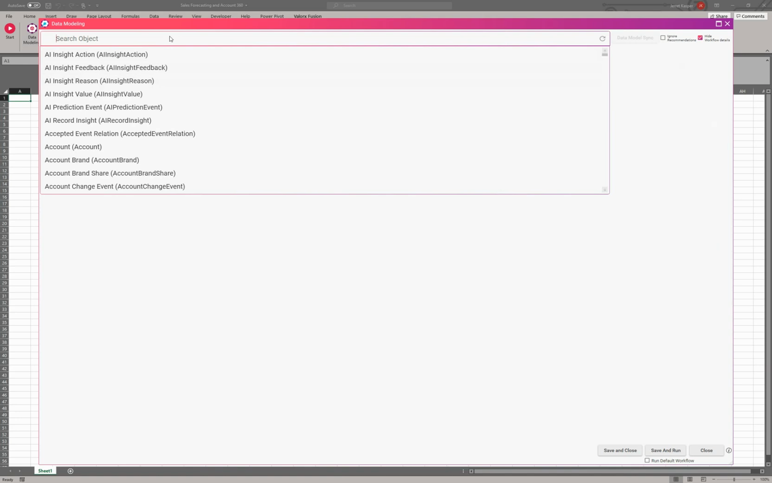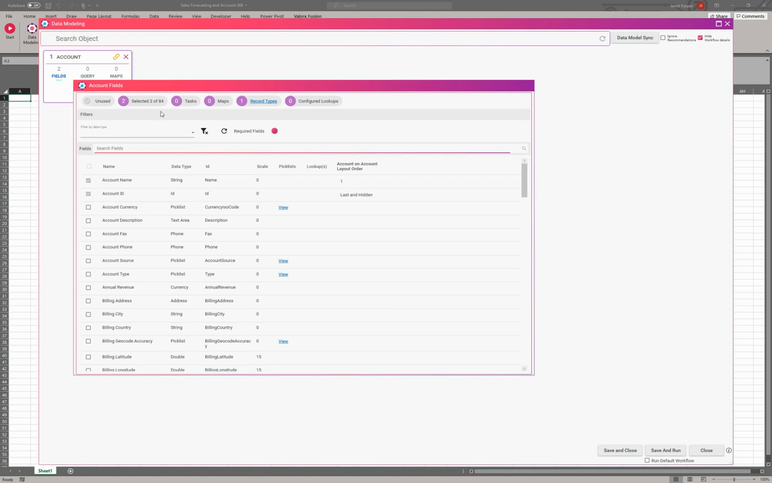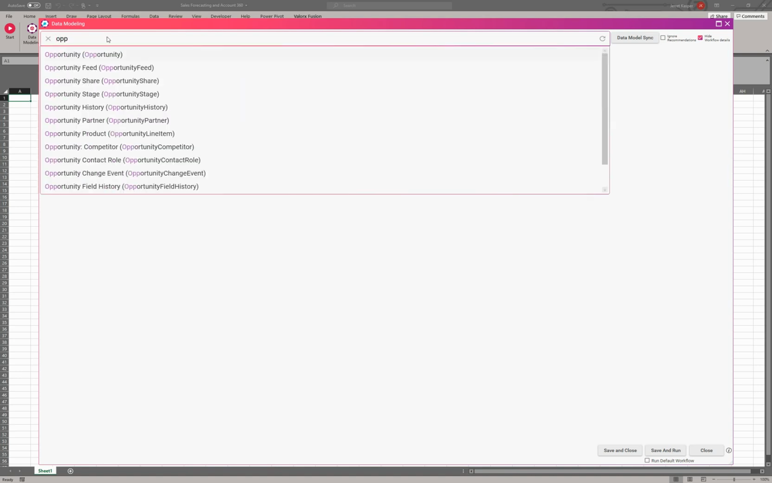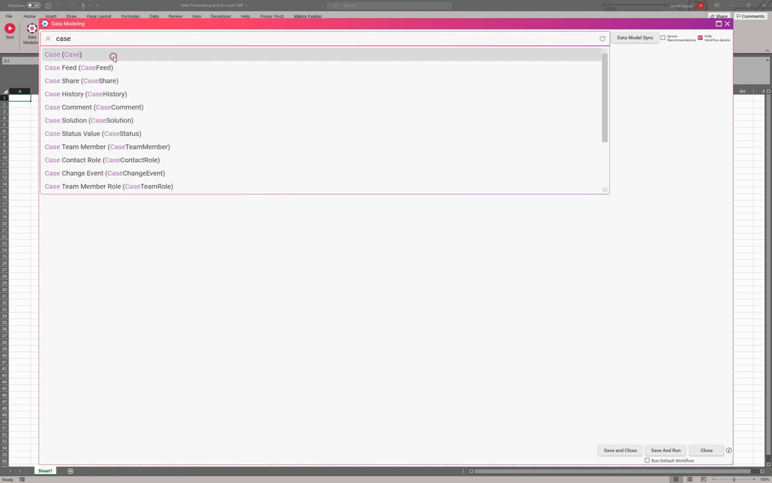So immediately when you open, you're going to get a list of all your standard and custom objects in the current environment that you're connected to. So you either can scroll or you can search. So let's say I wanted to grab the account object. I could jump into the account fields at this point, or I could just go ahead and start grabbing my objects from here. I could grab the case,